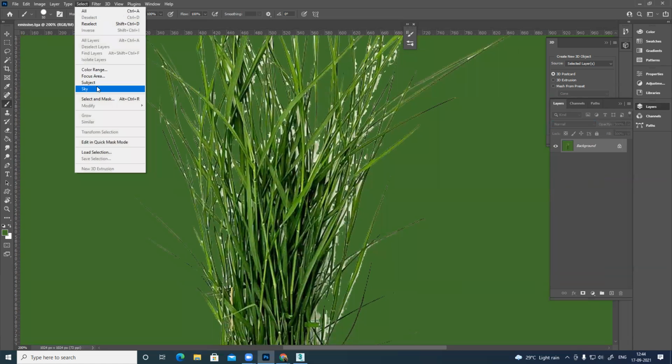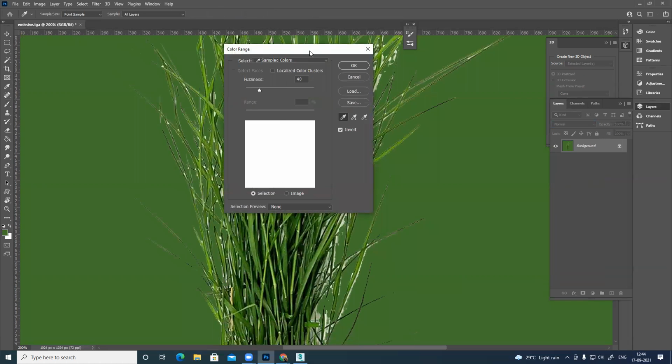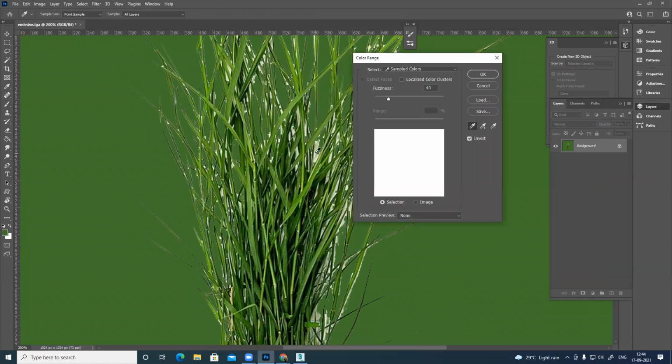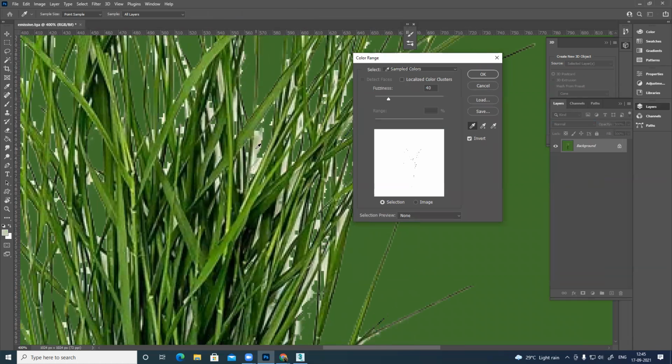Now let's go into the color page. Selection is fine. Continuously increase and decrease.